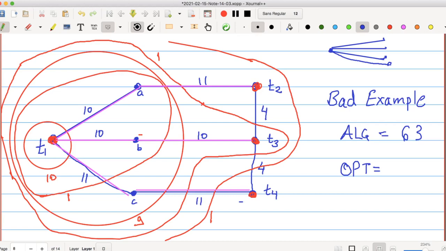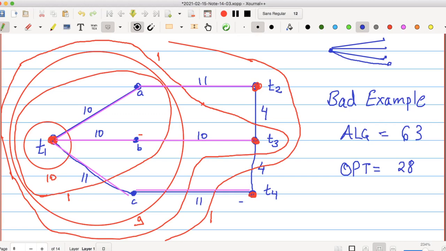So you consider the shortest path from T1 to T3, and then you could have taken T3 T2 and T3 T4, those two edges. So that optimal solution is 28, right? So now you see it's even more than twice, right? So even higher than twice. So as you have more terminals, you will see that the approximation factor is getting worse and worse, right? So we cannot bound it by 2.